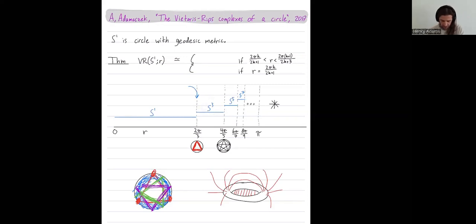And let me describe why. Prior to scale 2π/3, I had all of these short edges, these small tetrahedra, etc. And I told you to think of this as an infinite dimensional solid torus. Put it right there in 3D in front of you. Just think of it as a 3-dimensional solid torus. Okay. Then I glue on one equilateral triangle. Think of this as gluing on a single disk. Okay. And then I glue on a second equilateral triangle. Think of that as gluing on a second disk